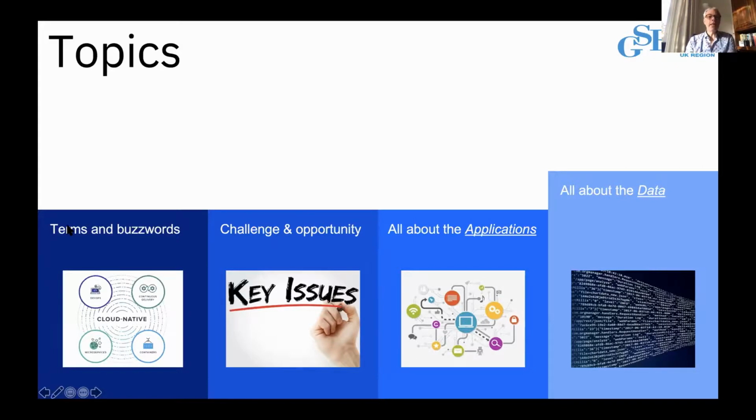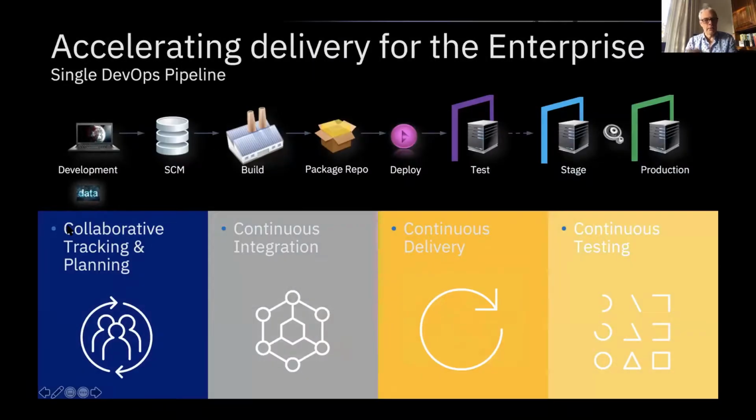Okay, so now concentrating on the data, because exactly what Richard was saying, that the application flow is not easy but doable. But it's interesting to pick up Richard's flow and to see where data pops up. And basically you realize that in every single stage, there's a data element in it. If you create an application or change an application that doesn't actually touch the schemas of a Db2 for z/OS, for example, then you can do data. Of course, you have to have test data, you have to anonymize it, and all that kind of stuff. But it's a different story if from day one the developer needs to change something also on the Db2 part,